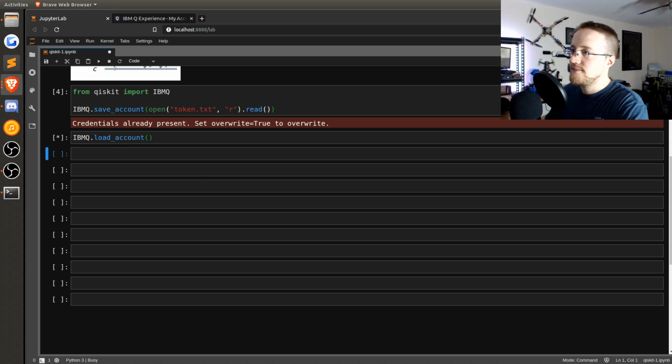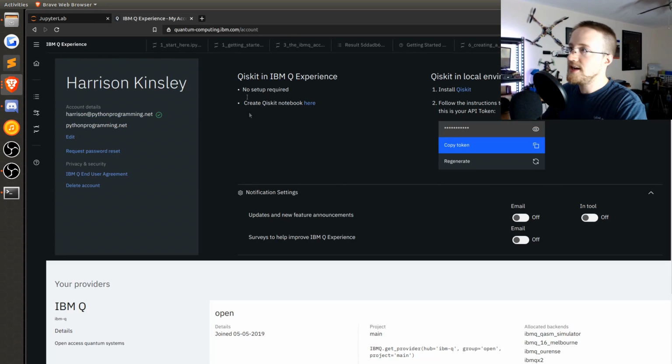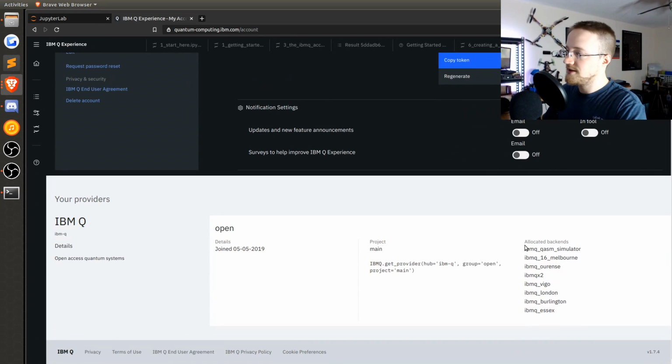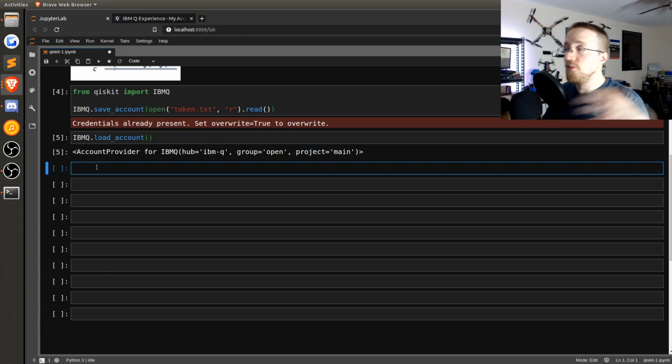And there we go. So it's an account. It tells you, hey, this is an IBMQ account. And now what we can do is actually start working with IBMQ, which gives us access to these following backends. So continuing along, to actually send something to those backends, what we're going to say is provider, first of all, is going to be equal to